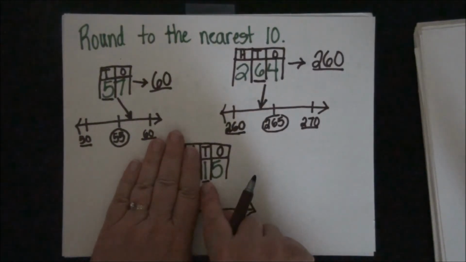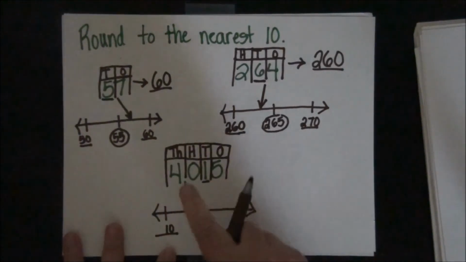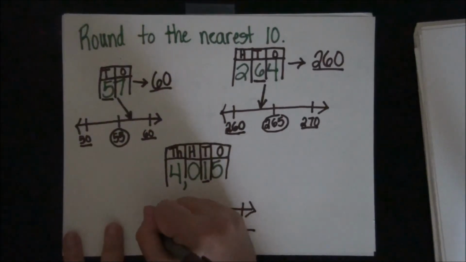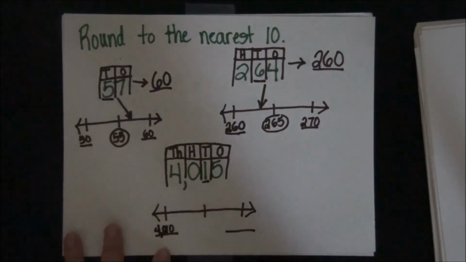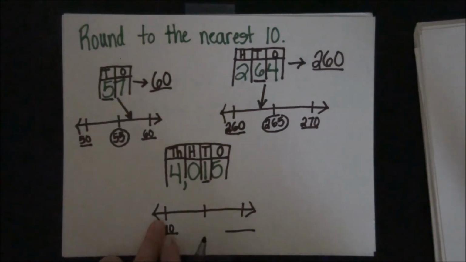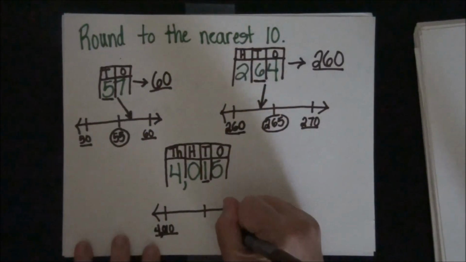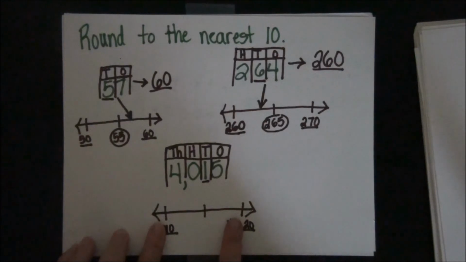I'm in the tens place, so I'm going to put 10, but I need to remember, because this is part of my answer, the 4,000 part. 4,000, there's no hundreds, 10. Now, if I'm counting by tens, after 10 comes 20. I'm going to put the front back on. So 4,010, 4,020. Again, looking at just my last two digits, between 10 and 20, smack dab in the middle,